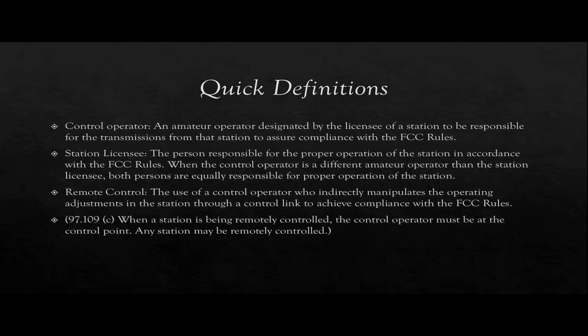So this is a little confusing because if you have one of the fancier radios that can be controlled on the internet and you're remoting into it, we don't think of that as being physically at the control point. We think of the control point as the physical place the radio is at, and we're using the internet to remote in. The FCC kind of doesn't look at it that way. It's wherever the actual controls are. So if I pull up a web page, they're saying that's the control point and I'm in charge of that. So, kind of a quick run-through there. Let's jump right into the questions.